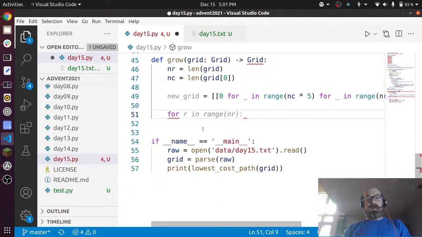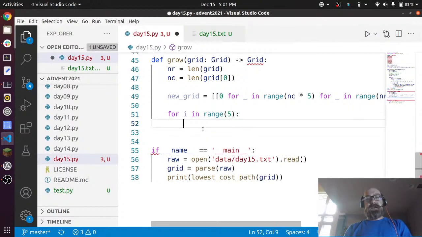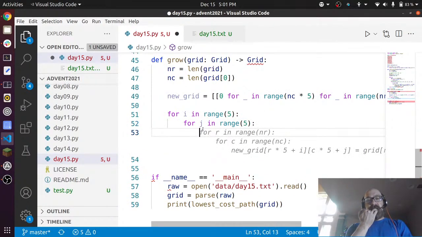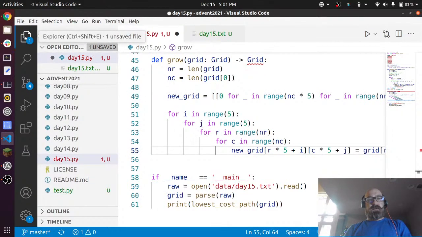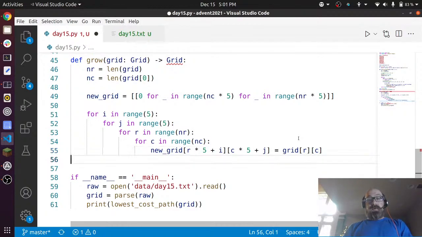And now let's say for i in range 5, for j in range 5, for r in range r, okay, so new grid equals grid rc plus i plus j, okay? So,